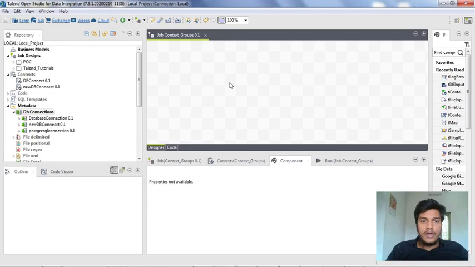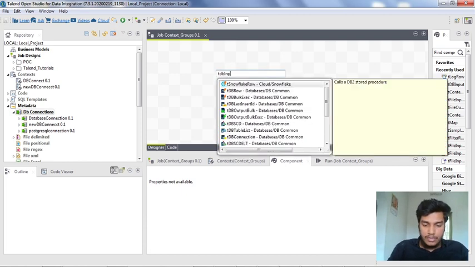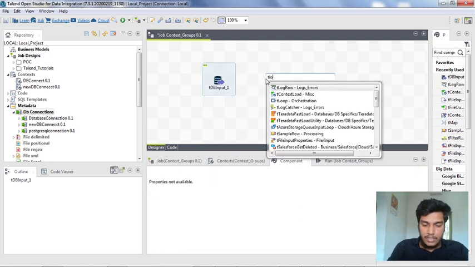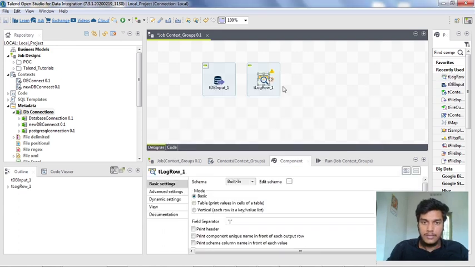Okay guys, now I have created a new job named context_groups, and I want to load data which is present in a database and print it in our console. For that, I am placing tDBInput and clicking OK, and I am also placing tLogRow.